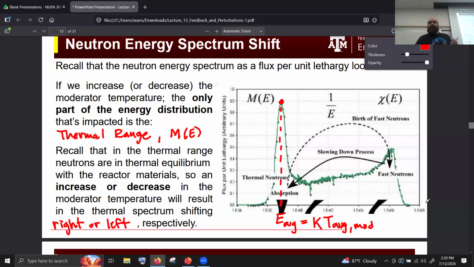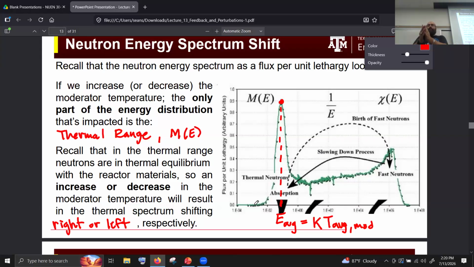Perfect. It's on a log scale. And notice that this is like 10 to the 7 right around here at the end of the fast part. And this is like 10 to the negative 3-ish here where it kind of starts to hit 0 in the thermal part. So it spans from 10 to the 7 to 10 to the negative 3, which means it spans 10 orders of magnitude. And my temperatures can't change by 10 orders of magnitude if I compare like room temperature